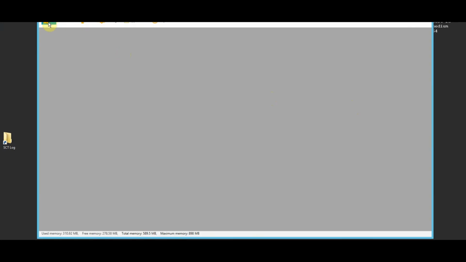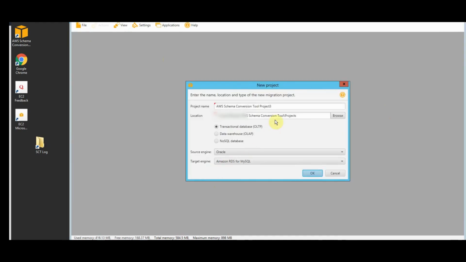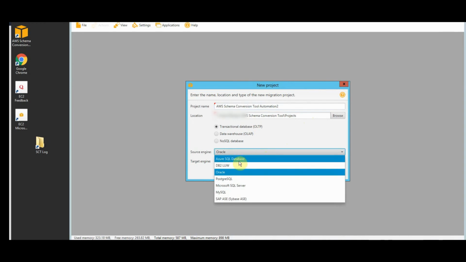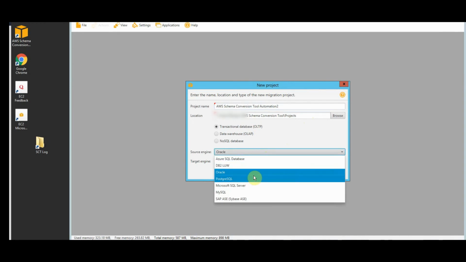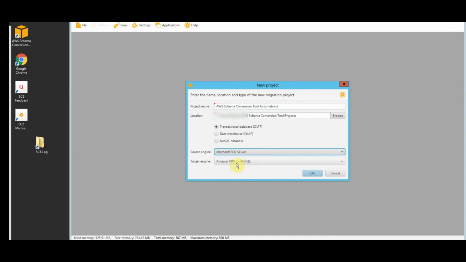Okay, let's start a new one, new project. Now select if we are going to transfer from OLTP such as Microsoft SQL Server or Oracle or anything that is listed here. In my case, I'm going to convert from Microsoft SQL Server to MySQL. Click OK on that,